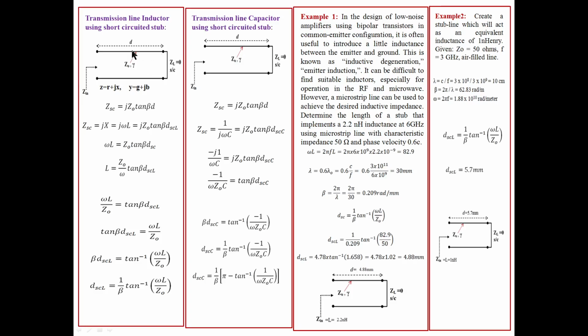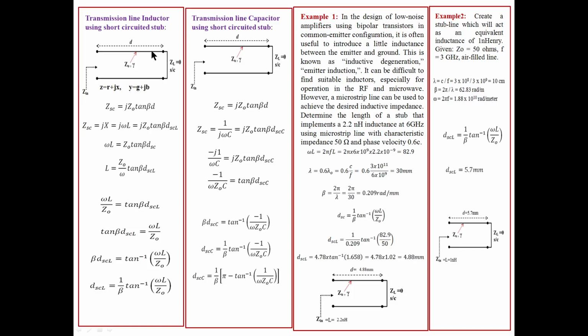So as we move over the transmission line, this B value changes. That depends upon the length of the line, similar to the X. So we can also get a particular value of susceptance. To get a particular value of X, we were moving like this, stopping wherever that X value was, and finding the length of the line on the Smith chart. Similarly, we can get a particular value of susceptance.